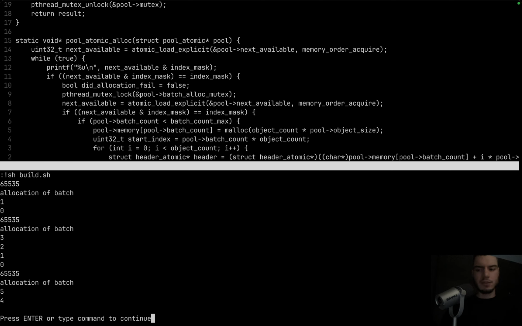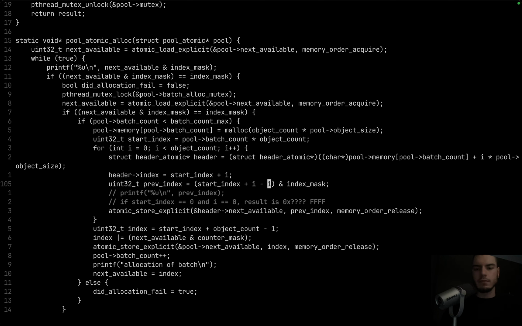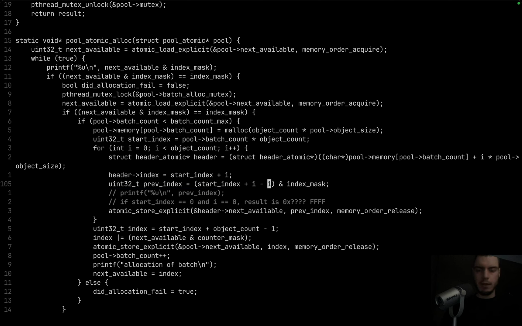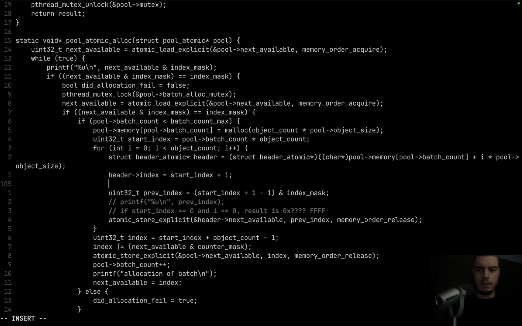And that causes us to think that object 1 is still available for allocation, but at this point we have already allocated object 1. Object 1 not being available is the whole reason why we had to allocate another batch. So this line is not correct. What we instead need to do, kind of the easiest thing we can do here,